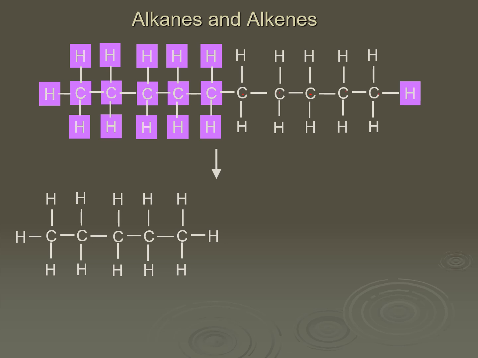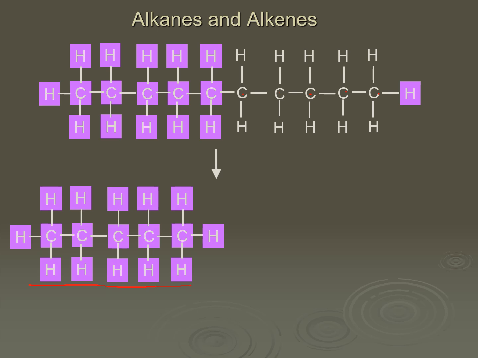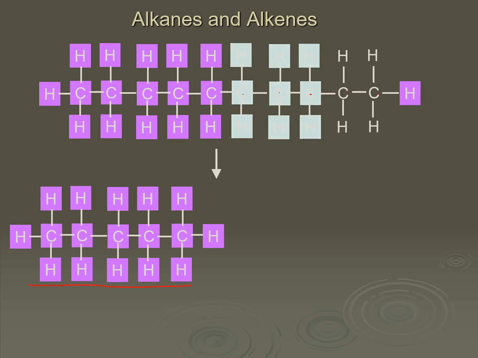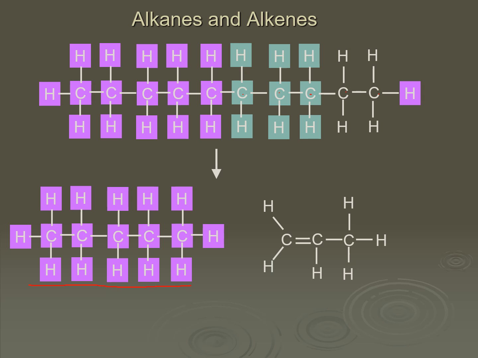So I'm going to make at least one more product with a total of 5 carbons. So I've made a 5-carbon alkane, so that's pentane here. There's pentane. But I'm also, it's going pink to help highlight that. I'm also going to make a 3-carbon. Now because I've got not enough hydrogen here, this is going to have to be unsaturated. So I'm going to have to form an alkene here. So there is propene.